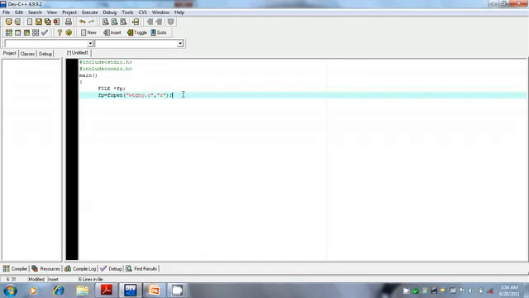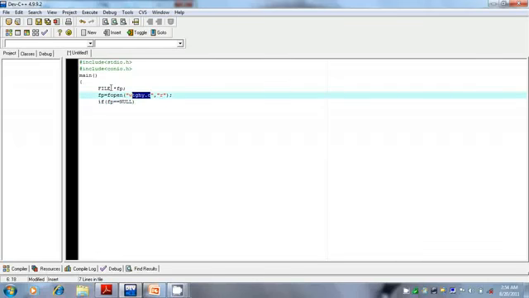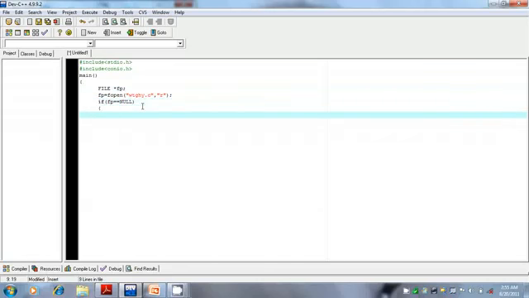So if fp equals null, that is, the file does not exist, so there is no information available, and this star fp, that is, this fp points towards the address of this file, which is equal to null in case the file is not found. So I'm going to display an error message using printf,